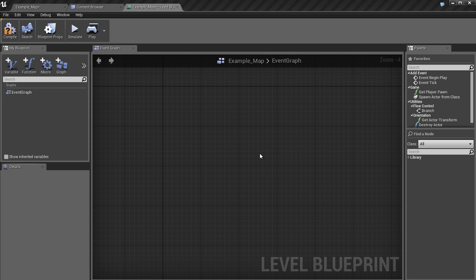Me personally, I usually use the level blueprint for things like optimization, for example streaming sub-levels when the player hits a certain trigger or volume, and also kicking off matinees when I need a matinee to play. Say for example, the player walks into a room and I want a matinee camera to pull back and show the room so that the player sees the puzzle, similar to what you would see in a game